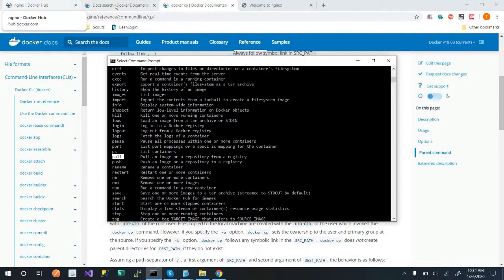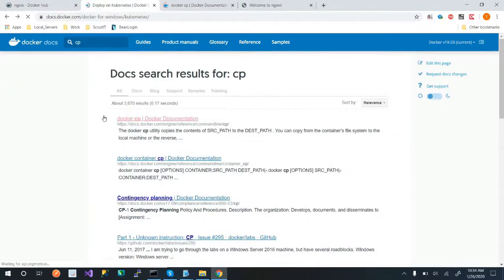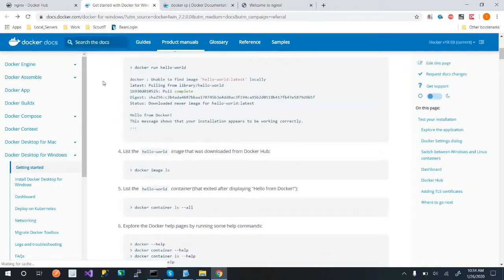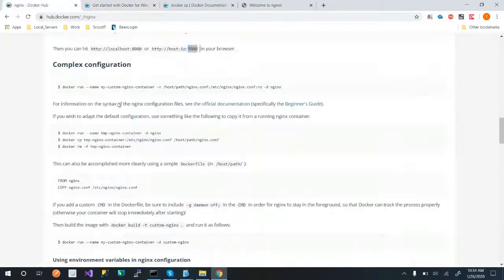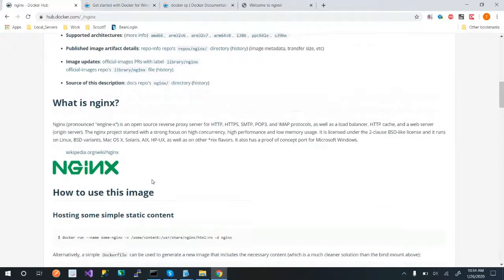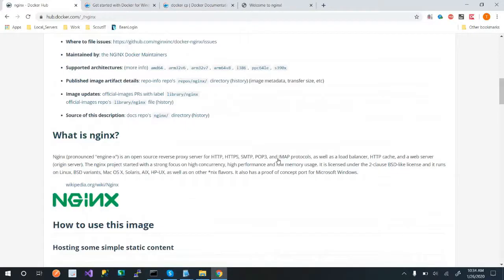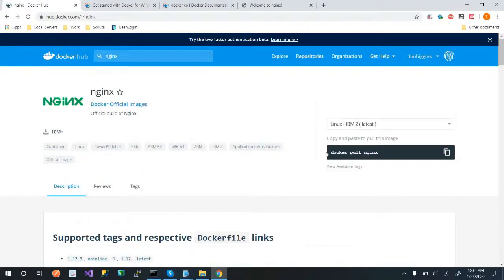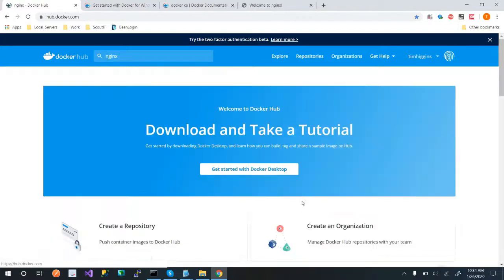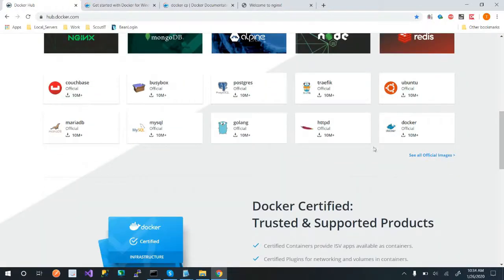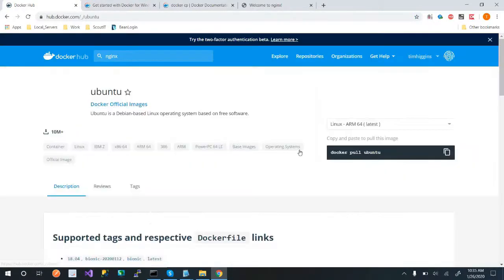So if I go look here, can we get back to the hub? Here's our hub. So if I want to just pull it by itself, then I would run this command here. Okay. So let's go back home, and let's say I want a Ubuntu.